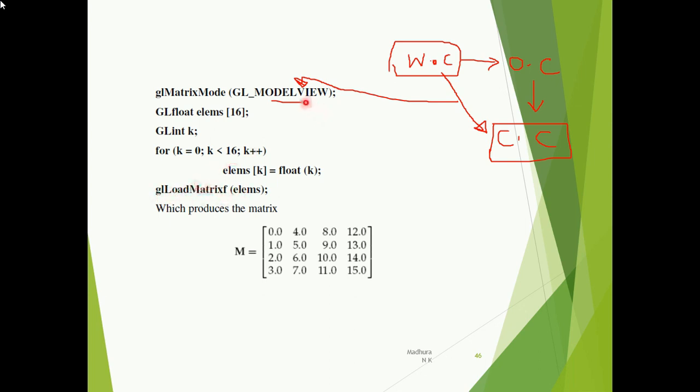Whenever you call a model view, it initially initializes the current matrix. So you have a current matrix. Now we want to initialize some values for this current matrix.